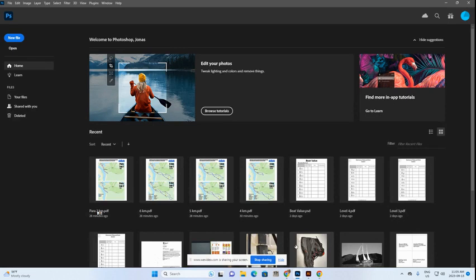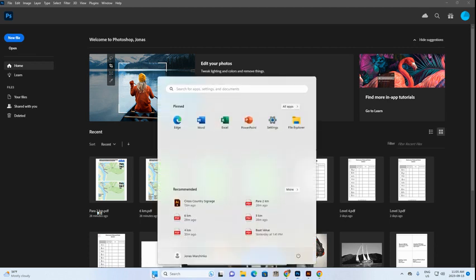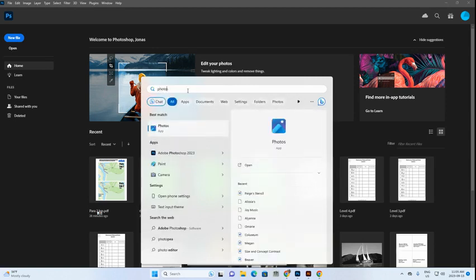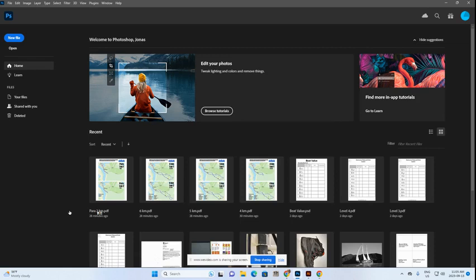Open up Photoshop. And of course, you can always find that in the Windows button. If it doesn't show up, you can always search for it. Look, mine's showing up there just because it was a recent application that I used. But otherwise, you could type in Photoshop. It'll show up there. Most likely the 2023 version. Anyway, here's my Photoshop. Now, in order to bring in a photo, well, like I said, there's different ways